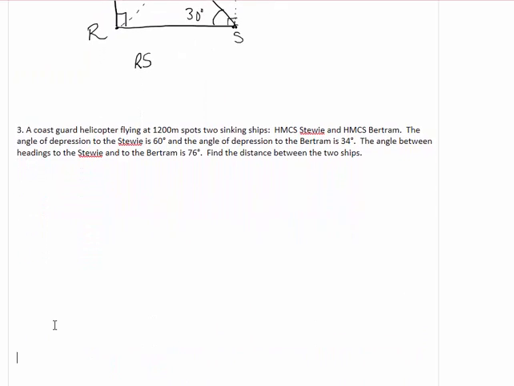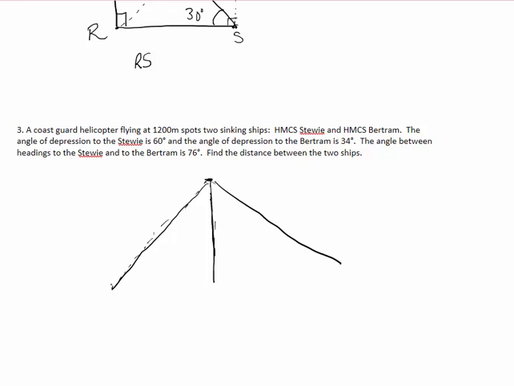Our last question: a Coast Guard helicopter is flying at 1,200 meters and spots two sinking ships. We have the HMCS Stewie and HMCS Bertram. So I start right away. I'm going to put height, so height from the ground, draw height usually with a straight line. And there's a line of sight to the Stewie. Can even do that solid as well. And to the Bertram. So I have S here, line of sight to the Bertram there, 1,200 meters above the ground,